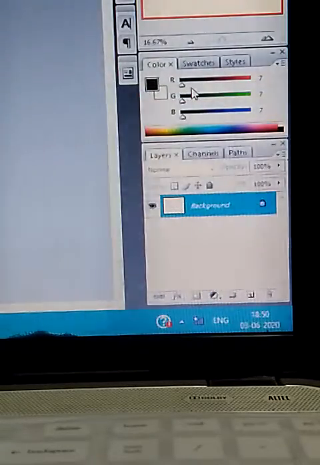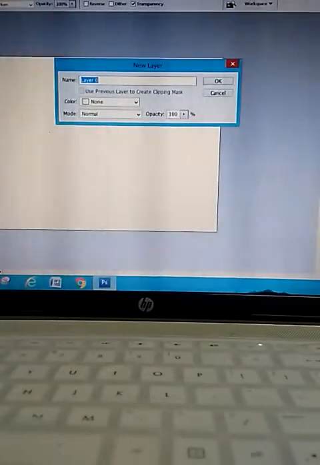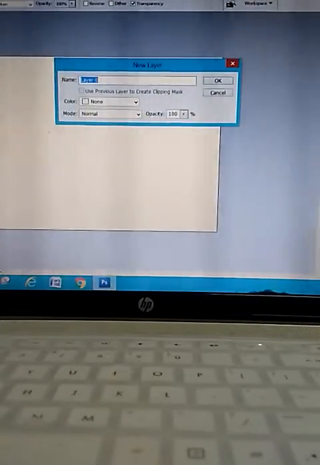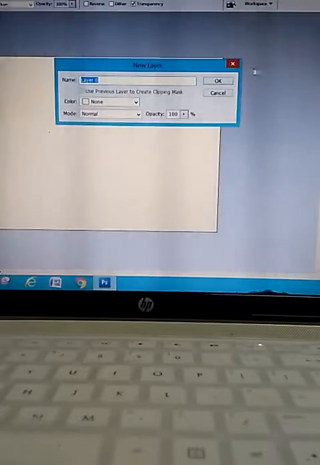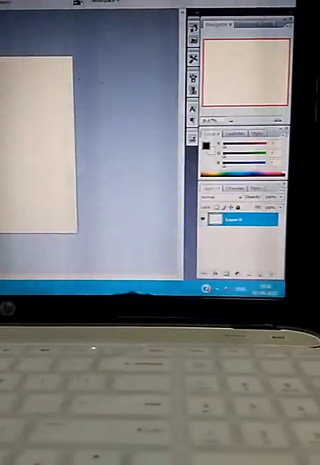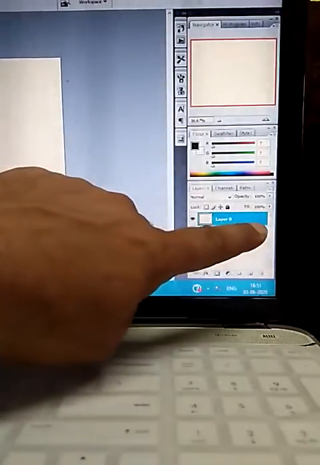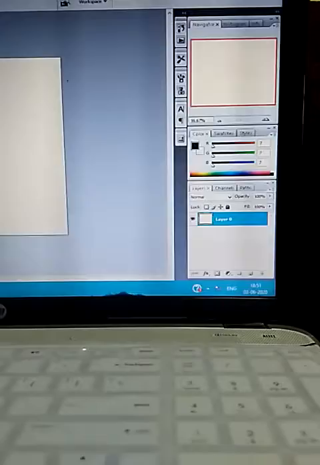After selecting it, a new dialog box appears where the name of the layer is Layer 0, and then click on the OK button. After clicking OK, you will see that the background layer name is changed into Layer 0, and the lock that was showing here is not showing now.